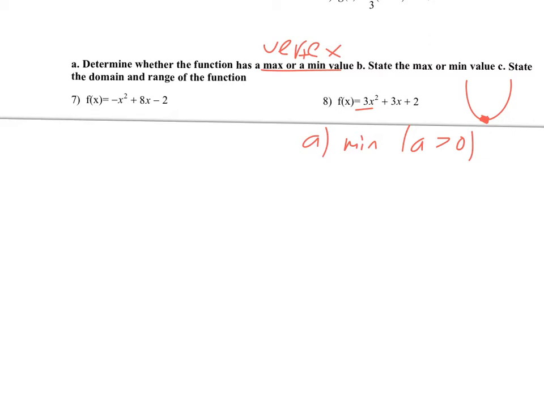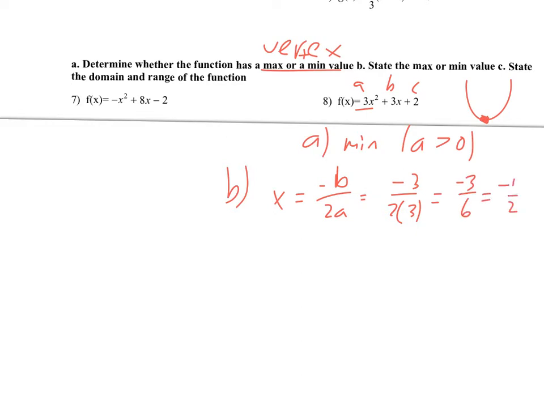To actually find the vertex, that's our part B, I need to use the formula x equals negative b over 2a. And so b in this case, so a, b, and c are all right there, the numbers, so I get negative 3 over 2 times 3. So this will be negative 3 over 6, which I would just reduce to negative 1/2. So that's the x value of the vertex, so now we need to plug that back in to find y. So I'll plug it in for every x,